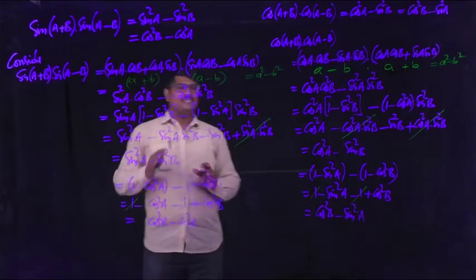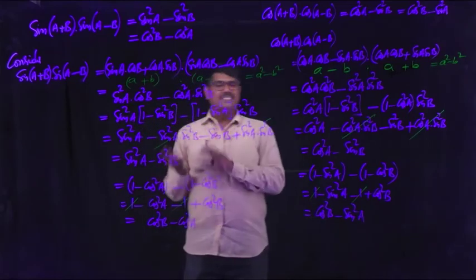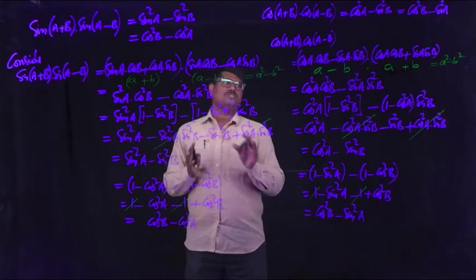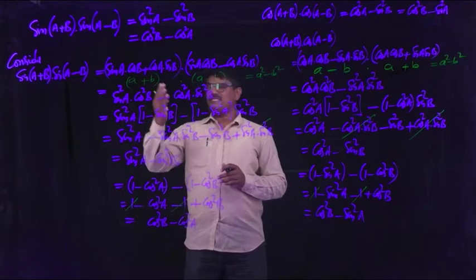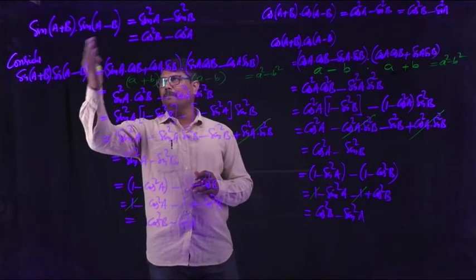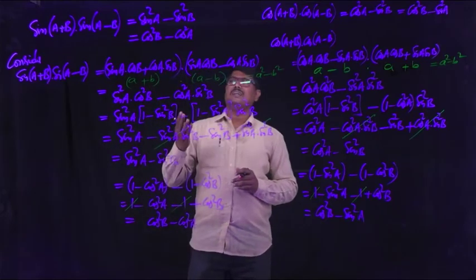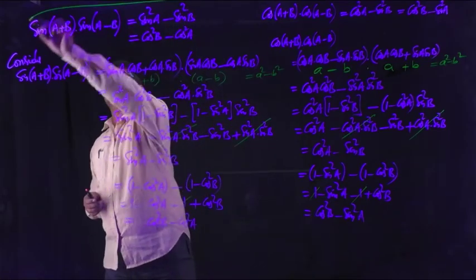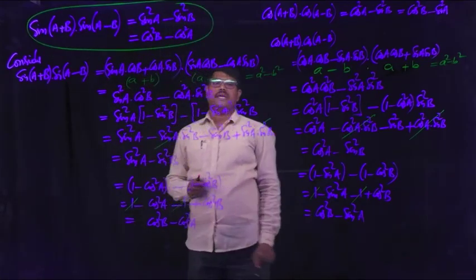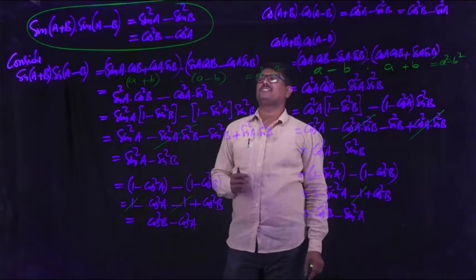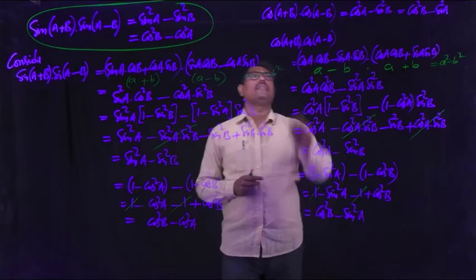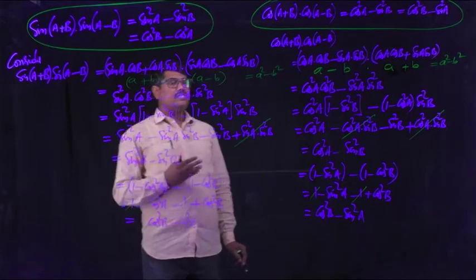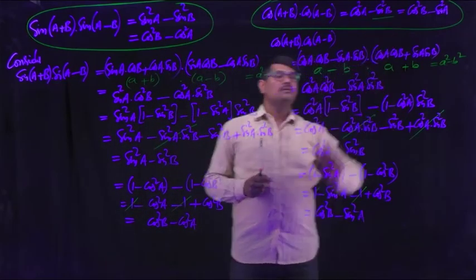So already we discussed tan a plus b and tan a minus b and its application, tan pi by 4 plus theta and tan pi by 4 minus theta. So this is also similar to that one. Knowing sin a plus b, sin a minus b, and getting the multiplication. So what are the results? Sin a plus b into sin a minus b, remember? Very useful concept this one. Sin a plus b into sin a minus b is either sin square a minus sin square b or cos square b minus cos square a, and another format cos a plus b into cos a minus b, which is, remember, you may get confused.